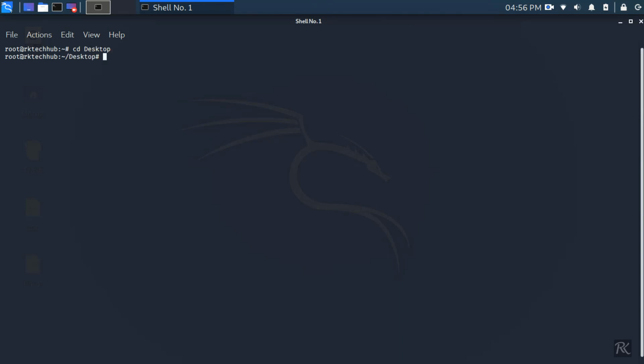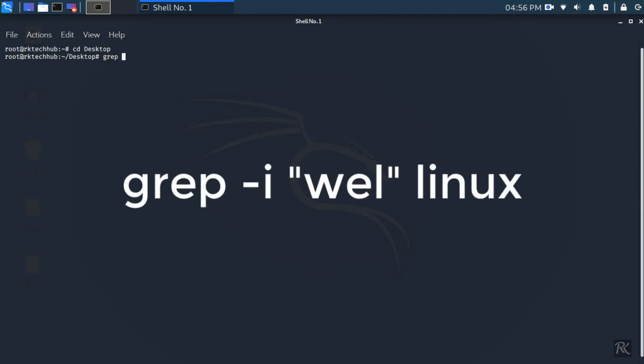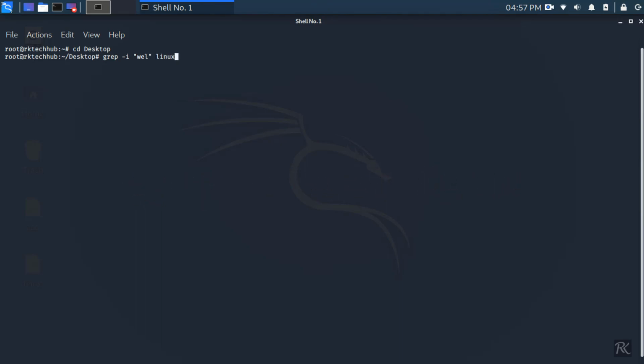Now we will change the directory and give the command as grep -i well. Now this time we will enter only "well," so we will see whether it gives an error or output.